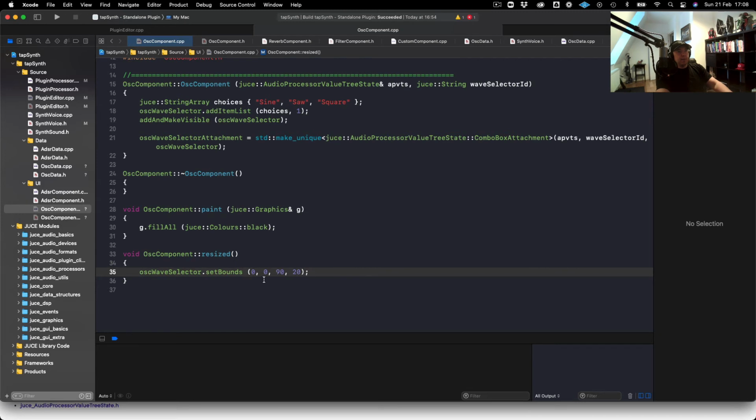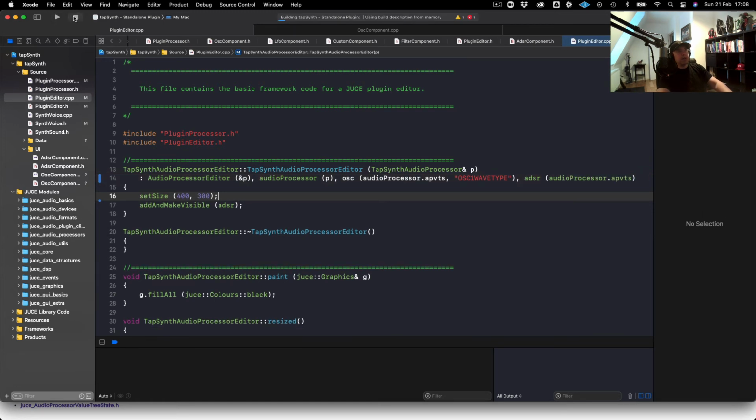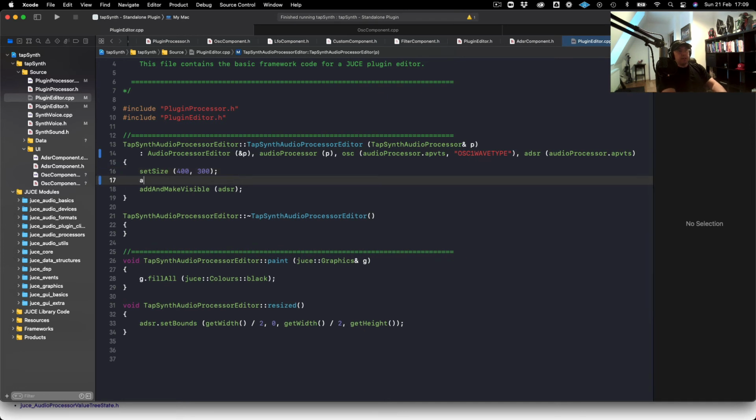And then now we have to set that in the plugin editor, right? So what I need to do is go back to the plugin editor. This should clean up. Actually, I'm just going to build this very quickly. Just make sure we don't have any errors. Okay, cool. So we got build succeeded. And now what we need to do is make our oscillator visible, right? So I need to do add and make visible